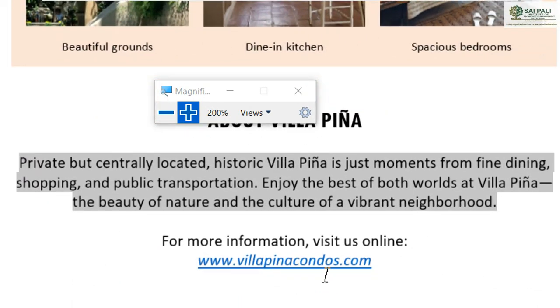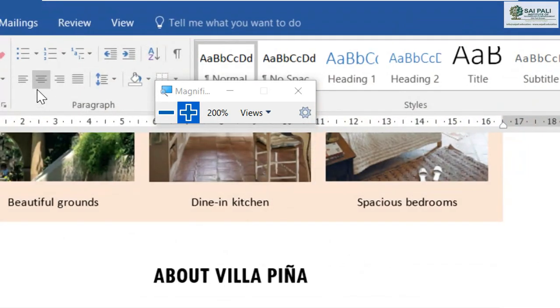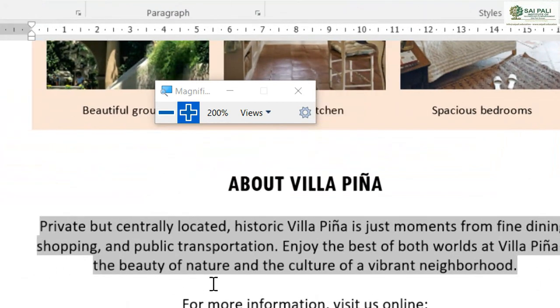Remember, we are talking about paragraphs. These 3 lines are there, but they are not equal. This line is a big line, this line is almost the same as this line, but this line is not the same. When I put this on the center, it goes to the center of the document.